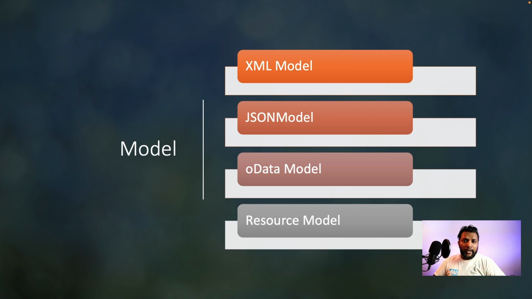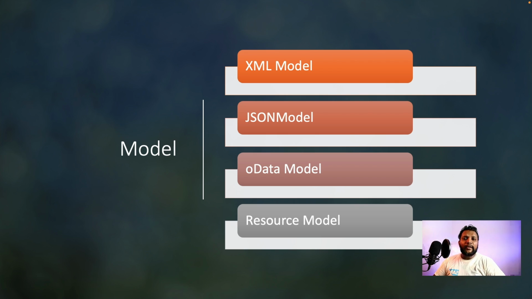When you talk about OData model, it is the only model which is capable of communicating with a server. A server here can be an OData service. So to know more about OData service, kindly log into odata.org. OData model can communicate with a backend service, and also can provide data to a view. It can manipulate data and it can restore it back to the server.